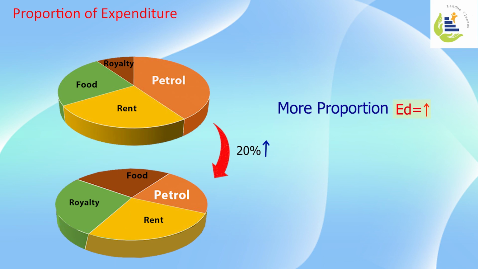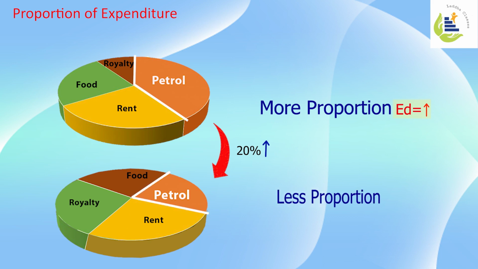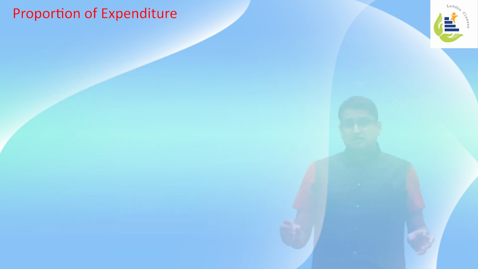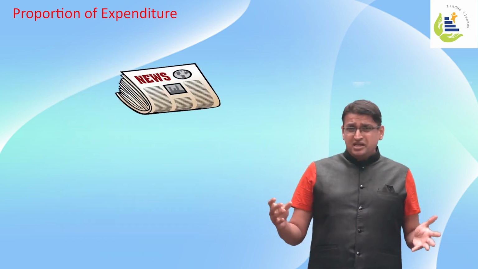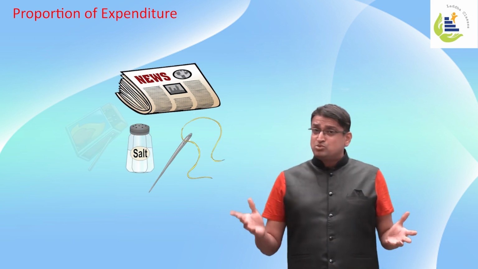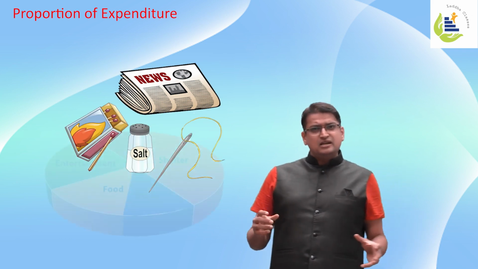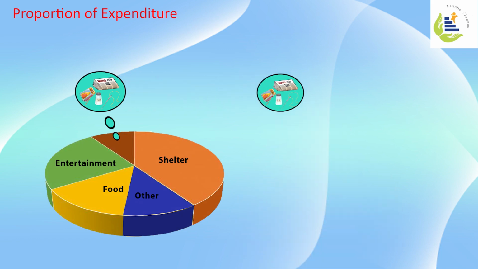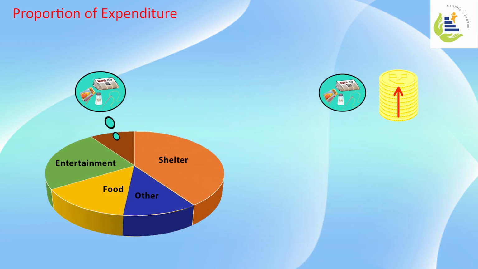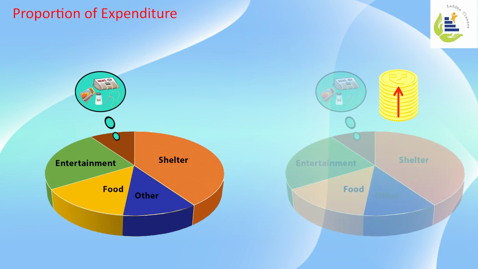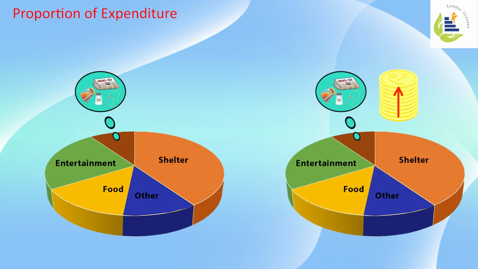Because it directly affects my budget. My expenditure budget has been directly affected because its contribution is more. So the higher the contribution, the higher the elasticity of demand. The lesser the contribution, the lesser the elasticity of demand. Examples are very nice. Let's take an example of a newspaper, a needle, or let's say salt, a matchbox. These products contribute very little to my budget. So even if their price doubles or triples, the contribution to my budget is very negligible. So my demand for those kinds of products whose contribution is less will not get affected.